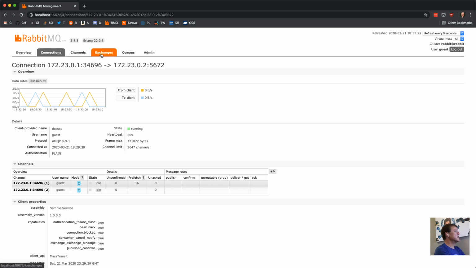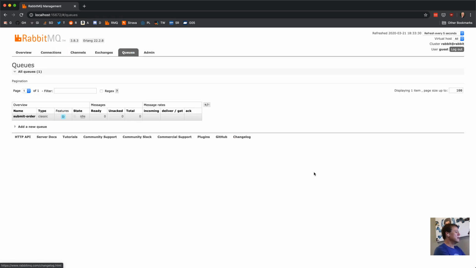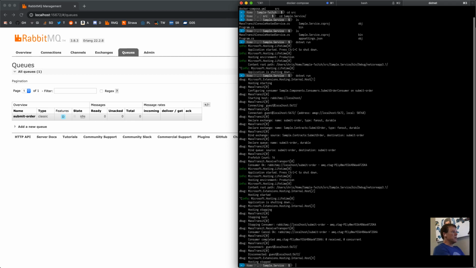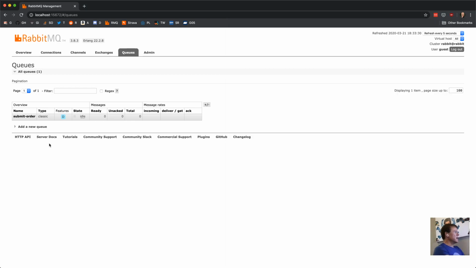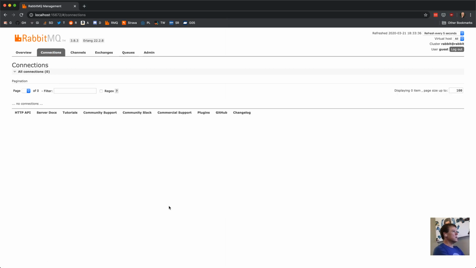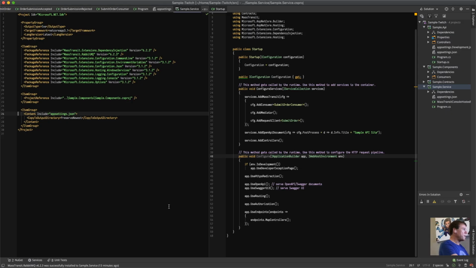We see a little bit of message activity, not too much there. If we go back to here, when we stop our service and it exits, we'll see that consumer disappear, the connection's gone, and everything's cleared up. So we have our service, it's connecting to RabbitMQ, and it's ready to receive a message. Now we have to figure out how to send it a message. So if we go back to our code,